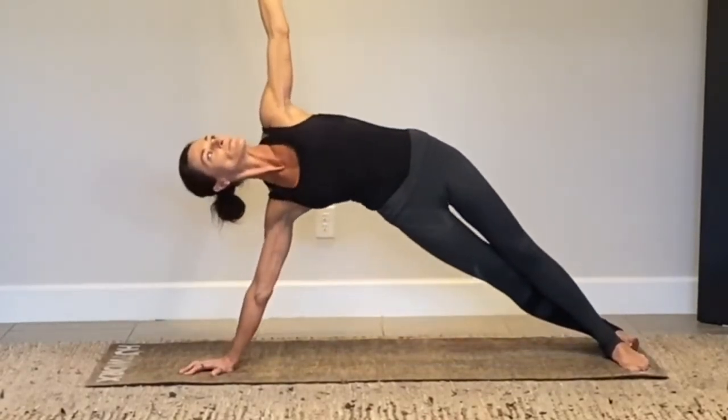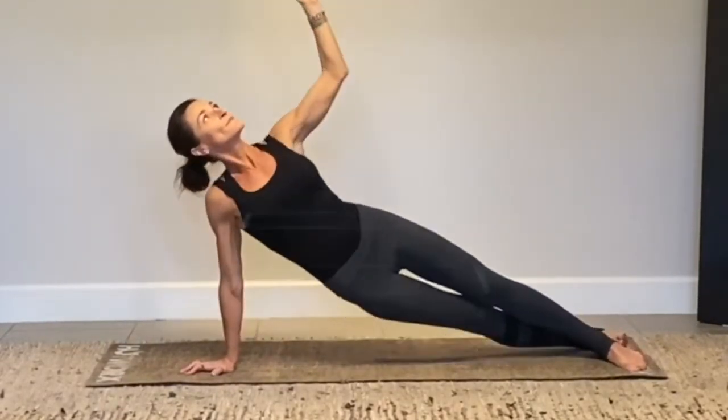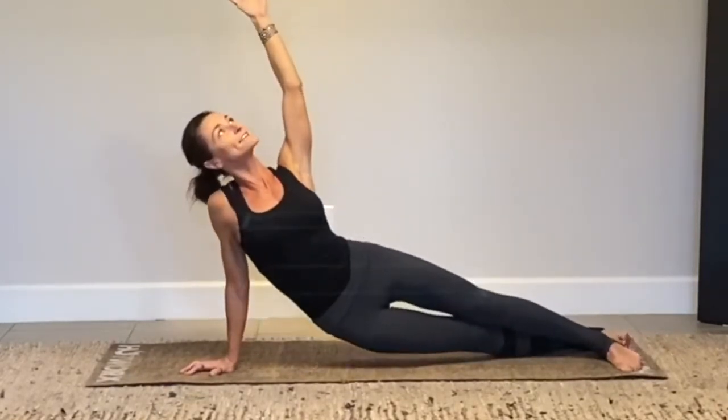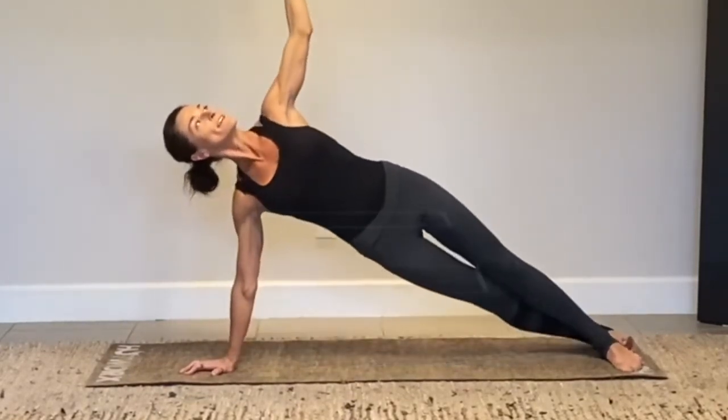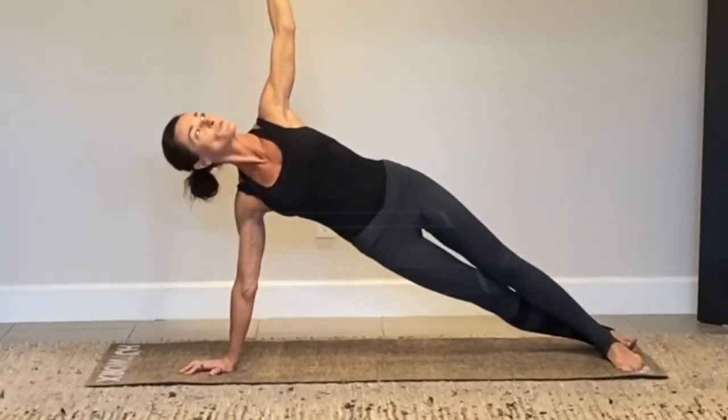Inhale it up, really reach. 2 more, exhale it down. Inhale up. Last one, exhale it down. Inhale, hold it. Now whether you're modified in that kickstand or you're in that full plank,